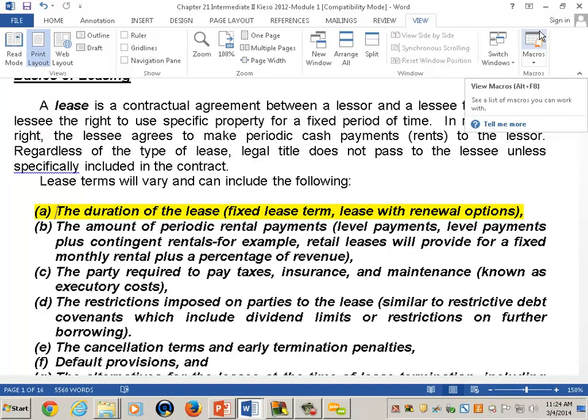Now, that will in fact be very influential on that decision, because if the lease term is 1 month, should the asset go on your books? If the lease term is 10 years, well, is there a difference? Are you using the asset? Are you consuming its benefits? So these are some of the things we need to think about. But right now, the contract could specify, and again, title may never pass, but the contract will specify whether or not the lease is a fixed term or renewal options. And when we look at renewal options,